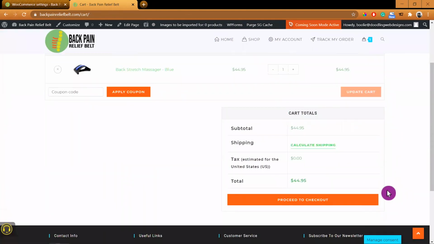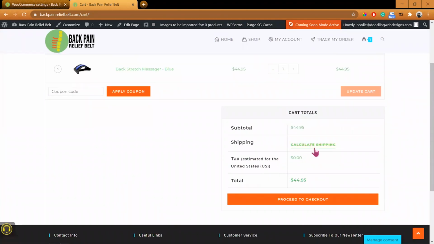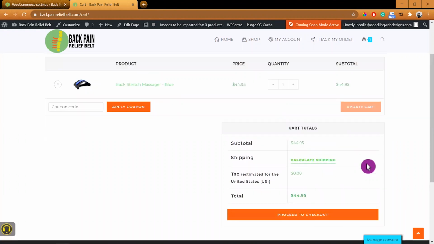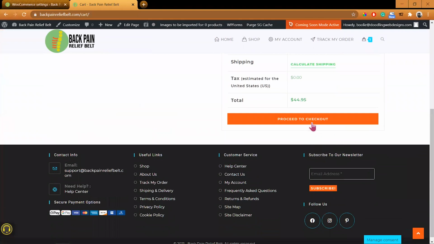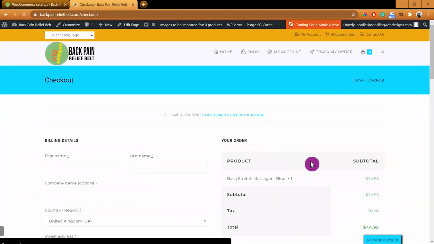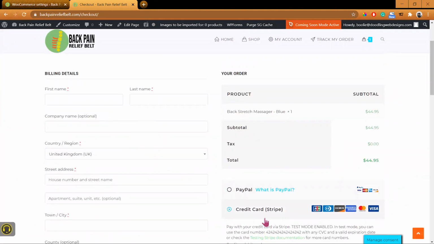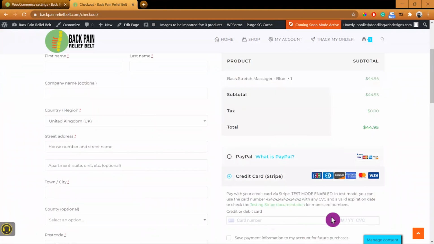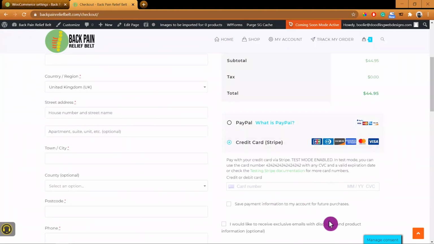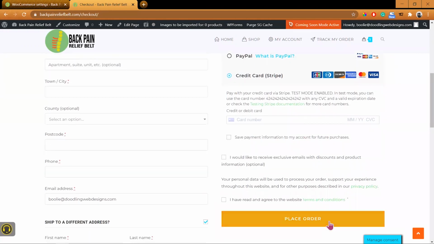That's the shopping cart. We are going to buy a product. I add this blue back stretcher to the cart, and now we're going to proceed to checkout. Remember, I checked the test API keys on so that we could do some tests. We're going to pay with a credit card using Stripe, and you could copy